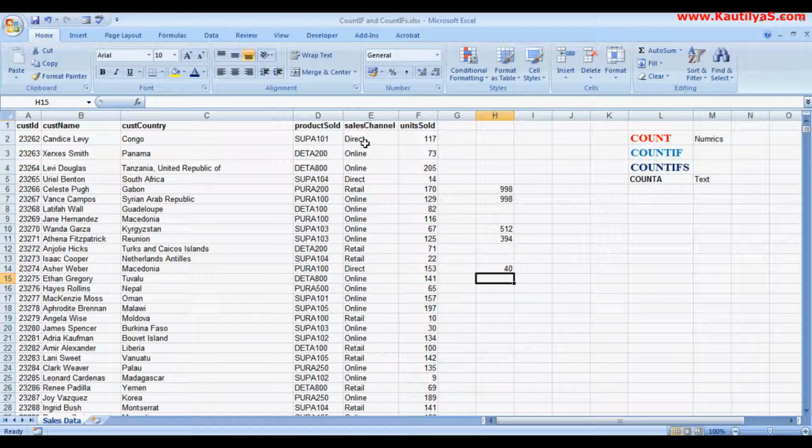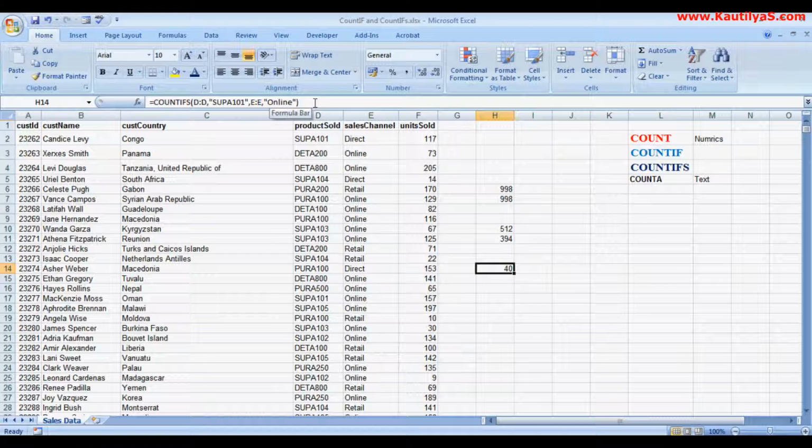So 48 times the SUPA 101 product has been sold using online. In COUNTIFS we have given criteria range 1 and our condition, criteria range 2 and its condition.